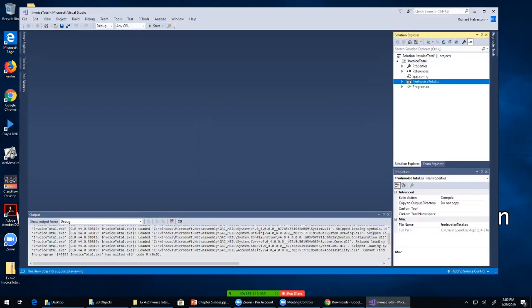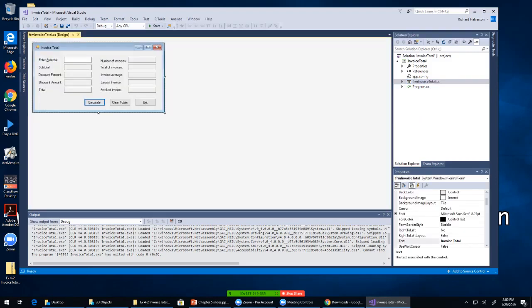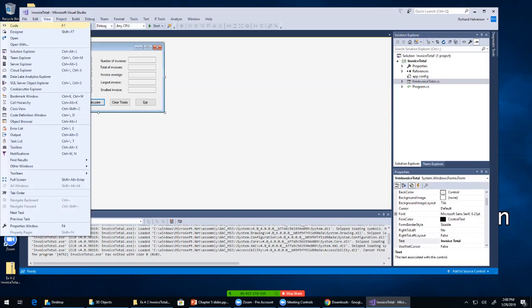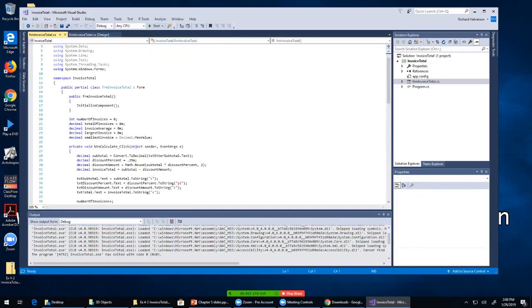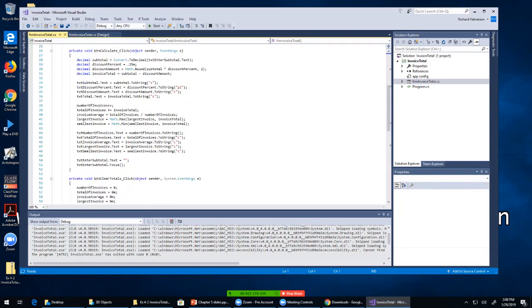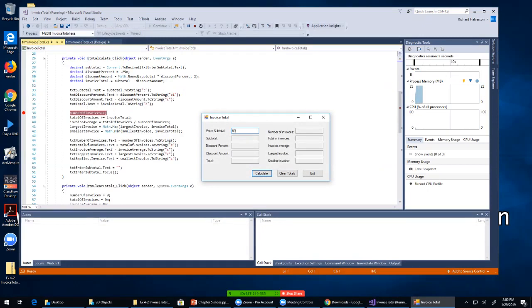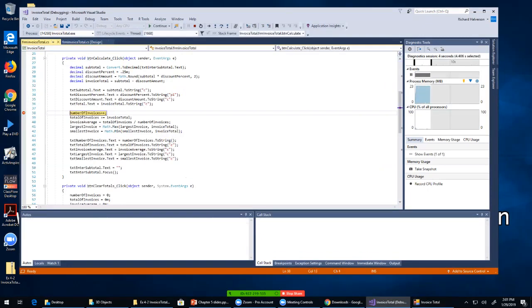Let's open up this code, and let's look at the code. Here's the code. Now, okay, so here we are, calculate button. Let's put a breakpoint right here. Okay, so I just clicked over there. And now let's run this again to see what happens. And here we go, so I'm gonna put in 50, calculate, and boom,